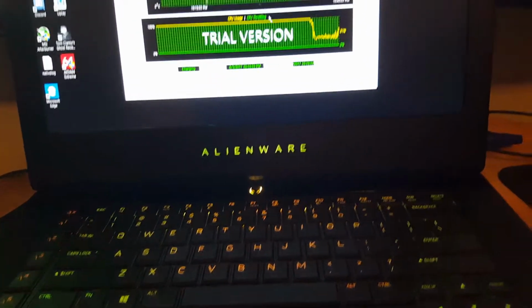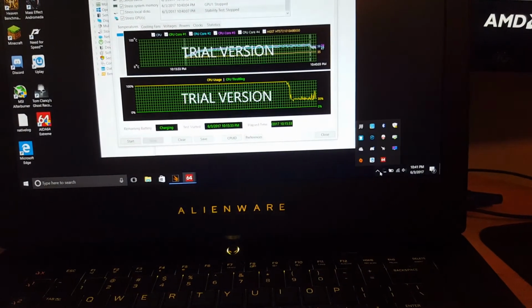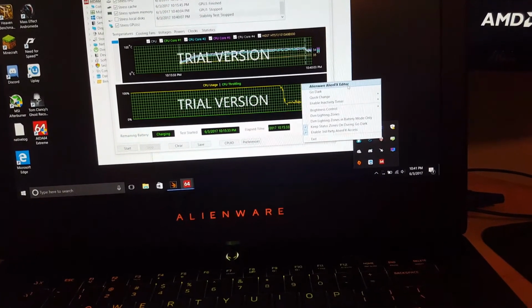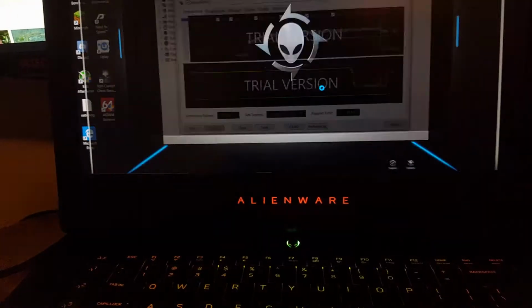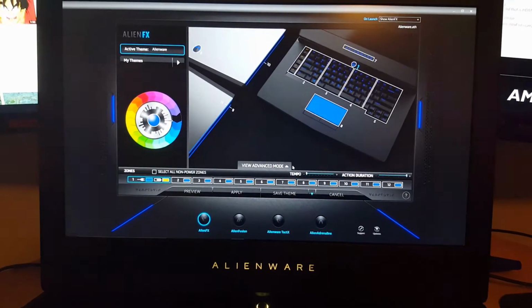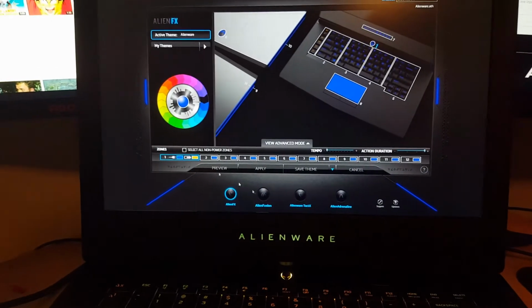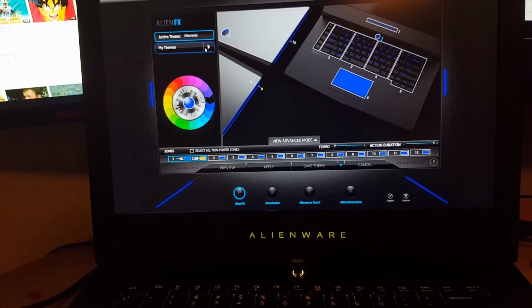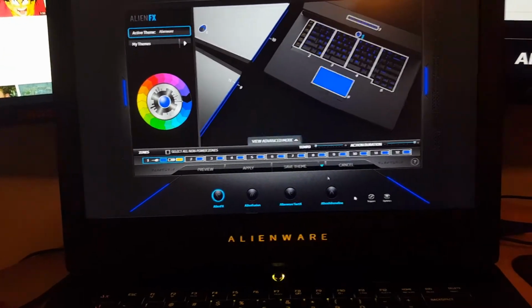Let me just close this back up. It's a very sleek, minimalistic looking laptop too. None of the over-the-top gaming-esque stuff. Let me just show you guys what the AlienFX software looks like. Let's see if it'll work this time. It's not really working. But yeah, it is a nice feature once it's working and all that good stuff, but